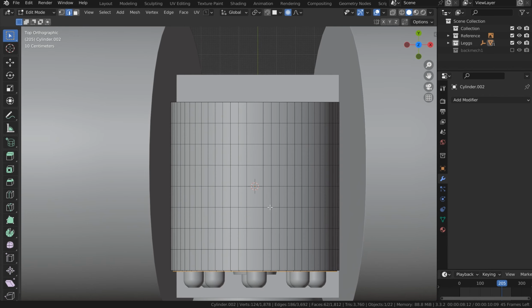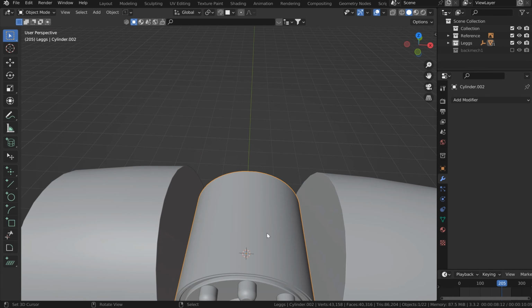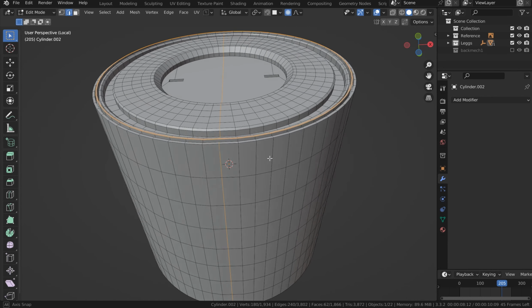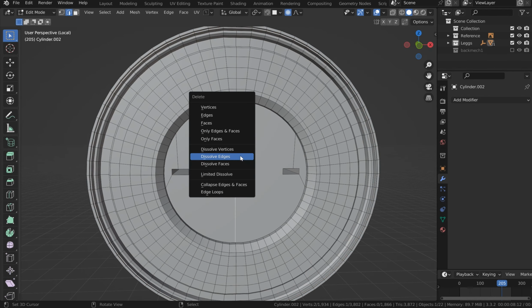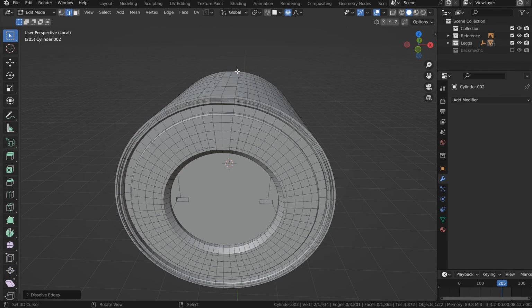Let's see. So I would hit K, C, and then A. Oops, let's not do that. K and A and C. And enter. And I just want to check that, come back around. And yeah, so that added the loop back all the way through. What I can do is come in the middle here and dissolve that edge because we don't need it. So that was a little bit of an error, and it looks like,